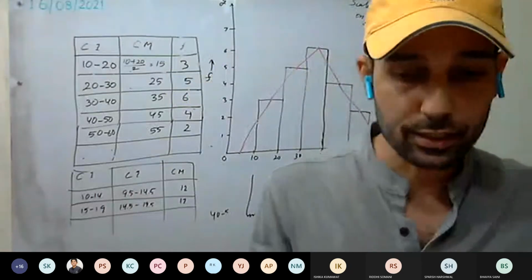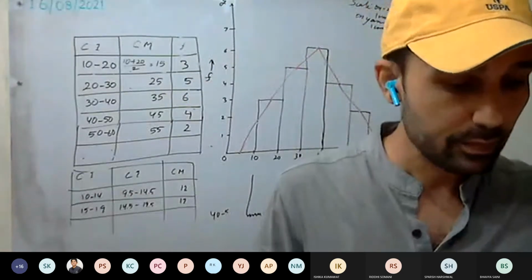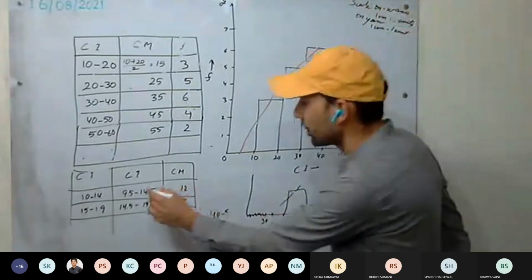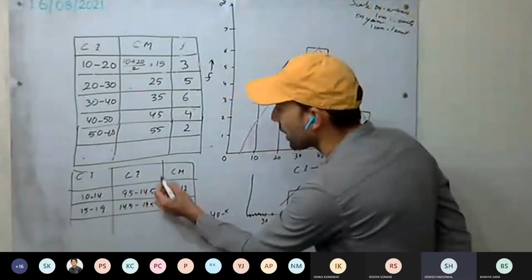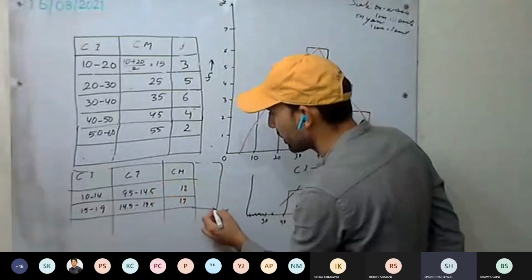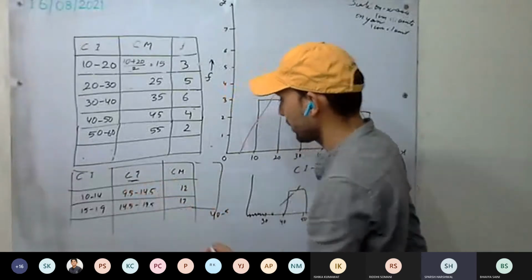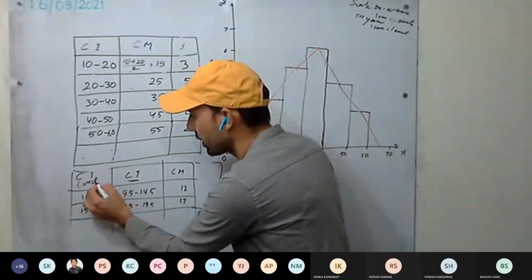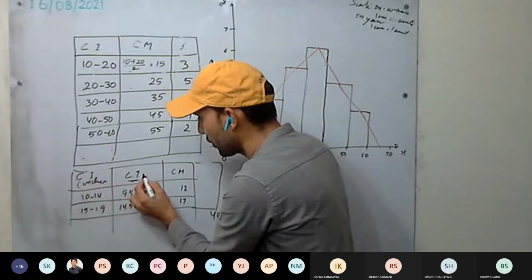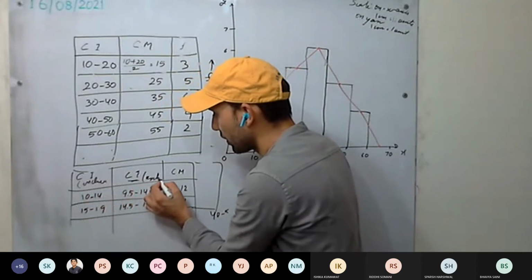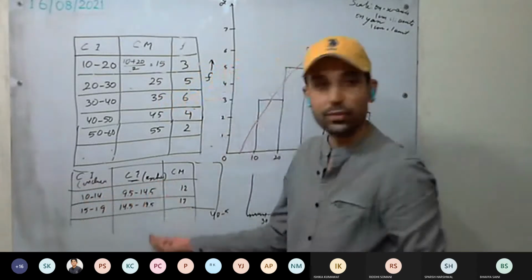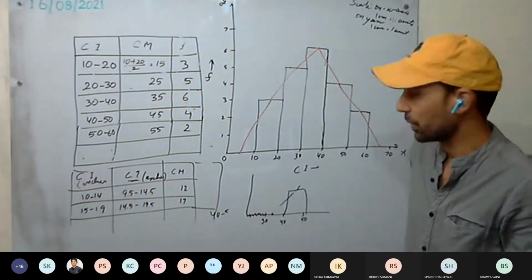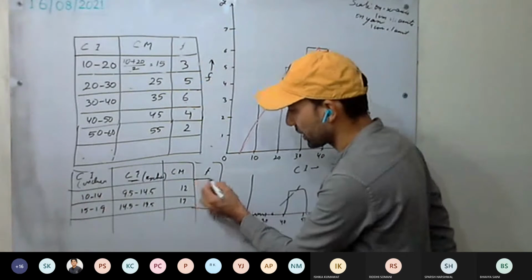Convert these class intervals in the third one. In the middle class box, what have you written? These are inclusive class intervals, and you will make them exclusive. This question we are going to do tomorrow. I am giving this question as homework to you, to see whether you are able to try it. And you will have the frequency here.